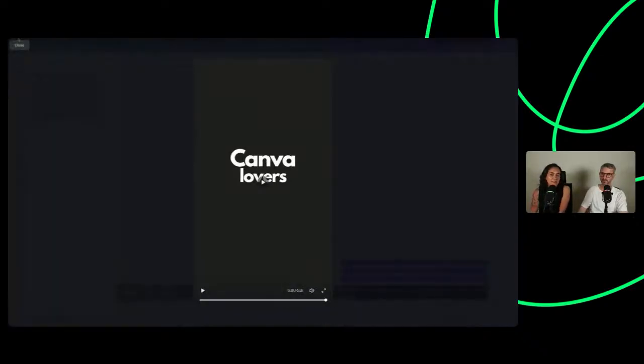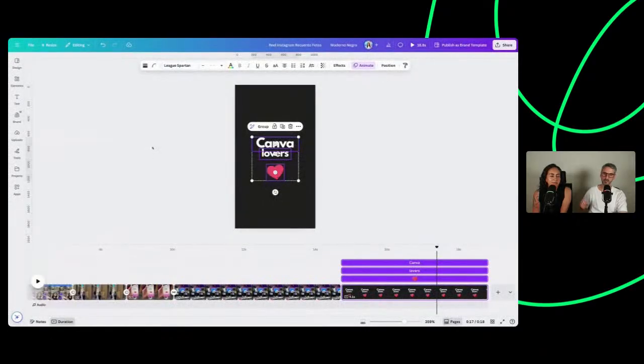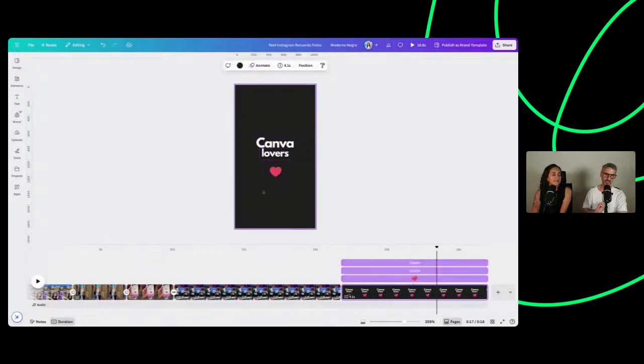Oh, but because there are already animations. Yes, because it's not a presentation document. That's why, I was exactly going to add that comment. Let me close that. So if I didn't have previous animation, like there's already animation on Canva, lover, and the heart. But if you had these three elements static, then if you do